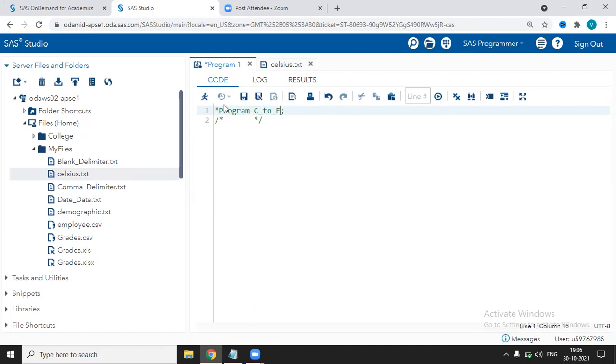We have used one way of commenting. Now we'll use the second way of commenting, in which we'll briefly describe what the program is all about.